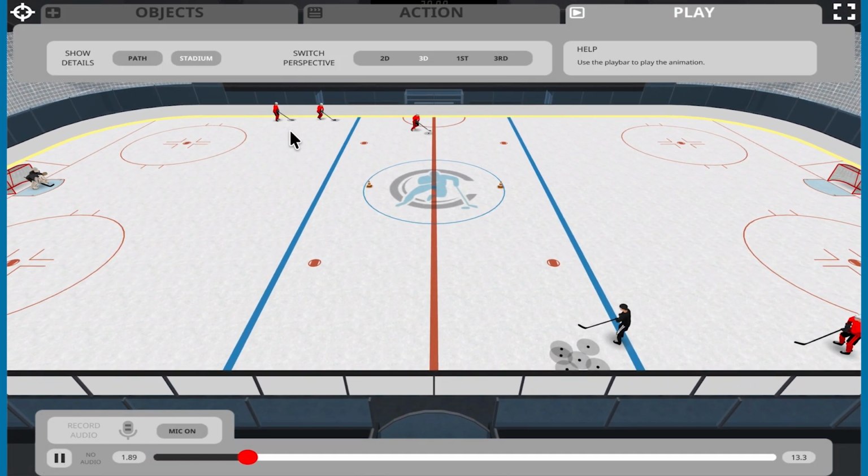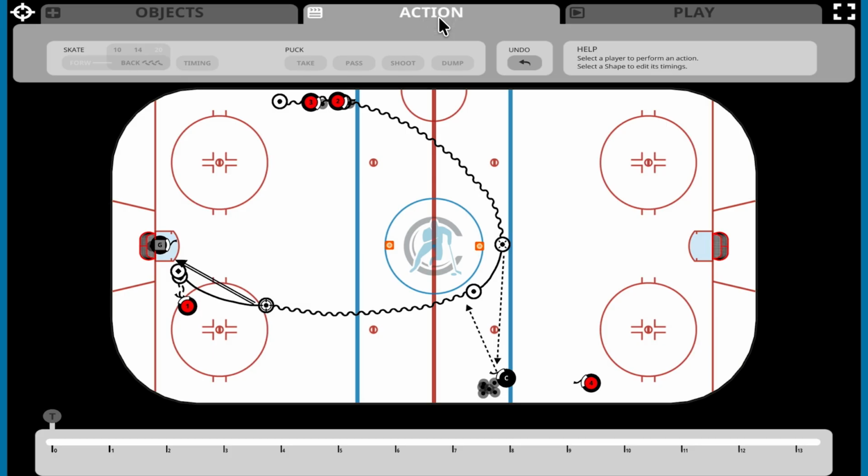As player 1 leaves, players 2 and 3 smoothly move forward in line and stop, ready for their turn. Their movement looks natural, and the timing between each player is correctly synchronized. Now that player 2 has moved into position, it's time to create a short delay before he begins skating. Player 1 must first clear the blue line, so we'll use timing points to make player 2 wait.